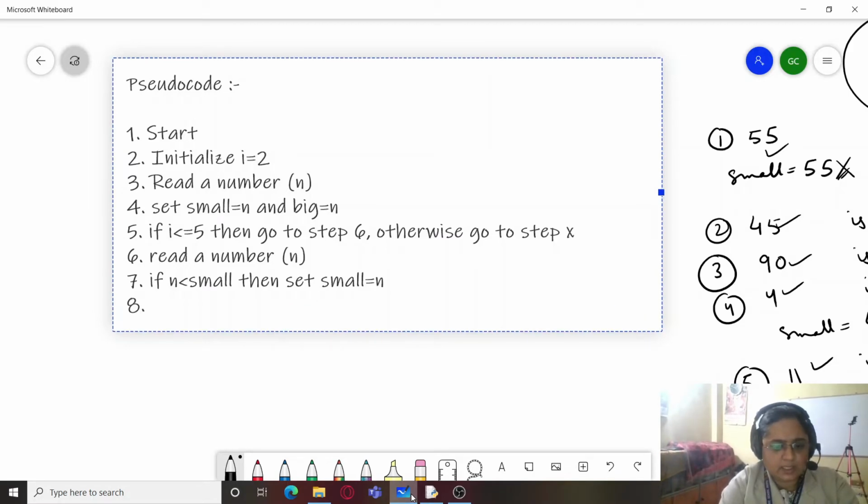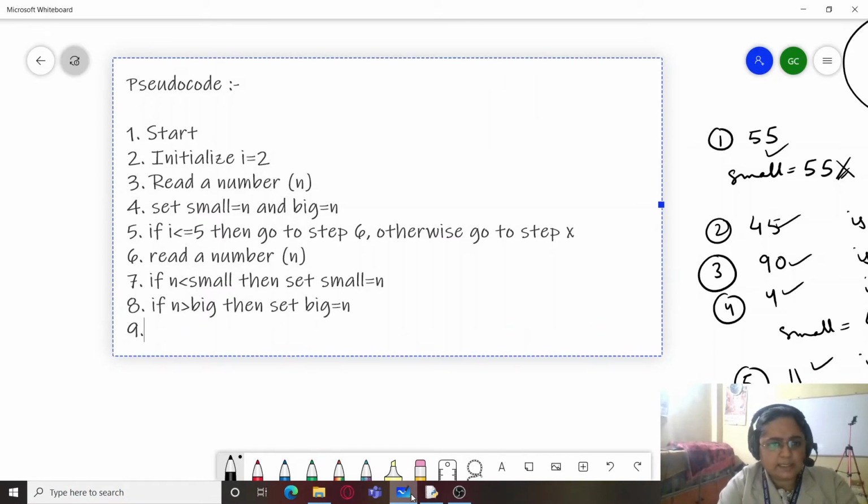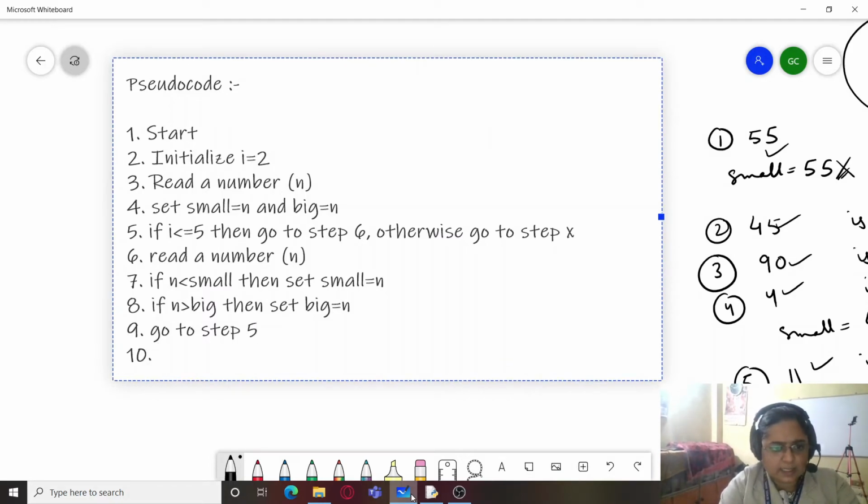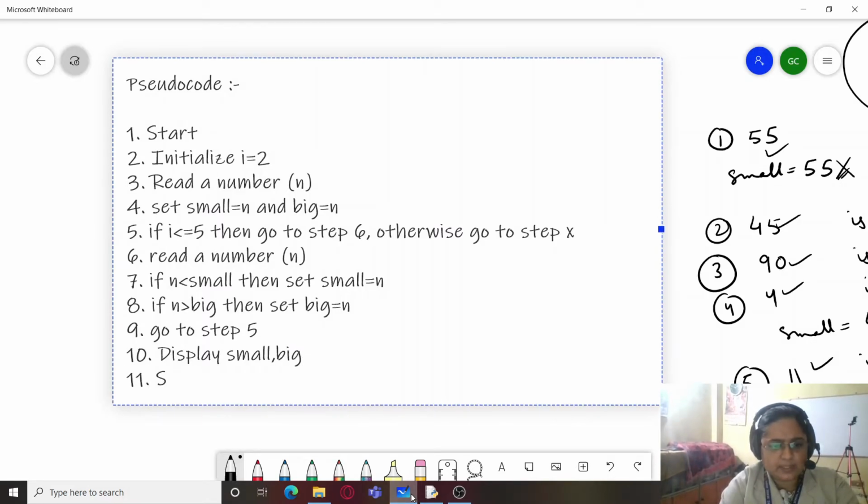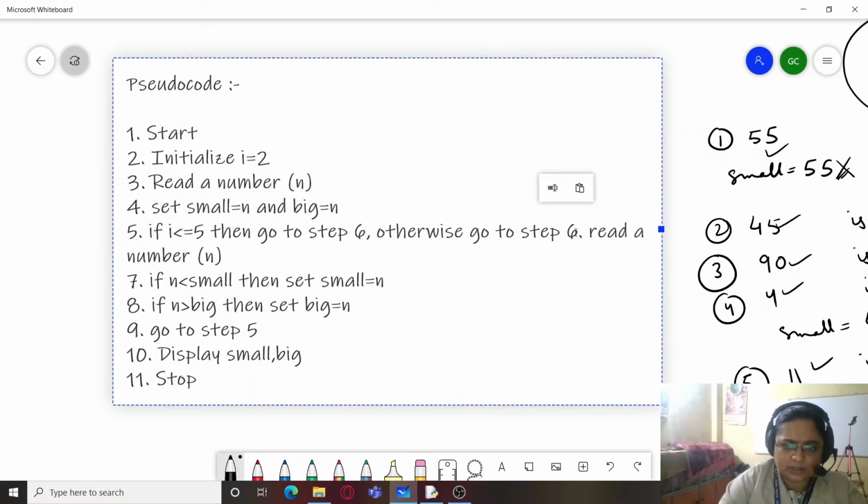The eighth step will be: if n is greater than big, then set big equals n. The ninth step would be go to step 5. So we again go to step 5. In the 10th step we will write display small and big, and the 11th step is stop. So we can clearly see that our step X is actually step 11.